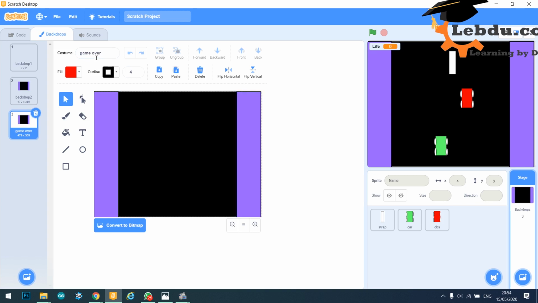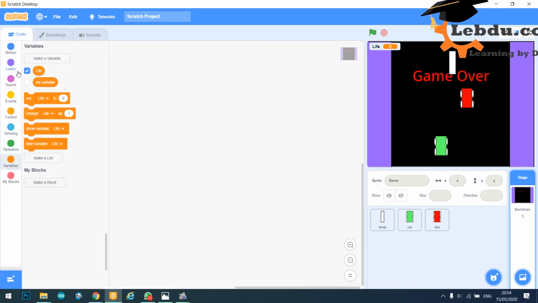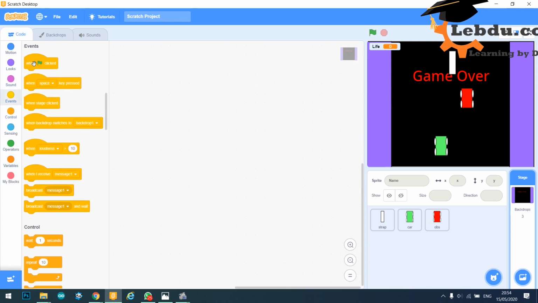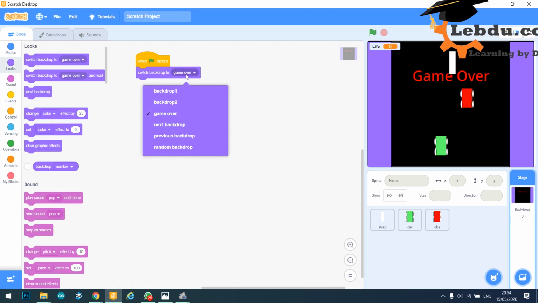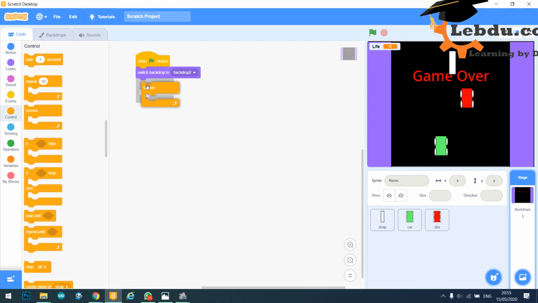So once I just did a game over backdrop, I can just write a text here like game over. So this screen will only appear when there is game over, and when the game will be over, when the life goes to 0. I can program the same here. So initially I will always start with the green flag. When the green flag is clicked, I will set my costume or my backdrop to the initial backdrop I am having. Okay, backdrop 2. But if something happens, that is in forever, if the life equals to 0,